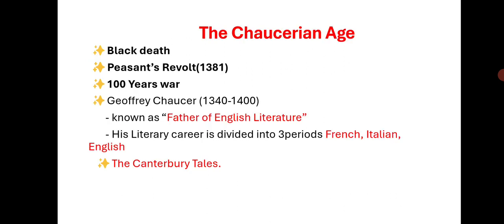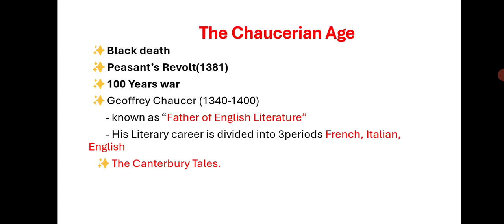Next is Chaucer age. Chaucer age is marked by several political, social and economic changes. England was affected by plague and the Hundred Years' War, which led to labor shortage and economic shift. Many religious conflicts also happened. Taxes were high, which led to the peasant revolt in 1381. Geoffrey Chaucer's lifetime,